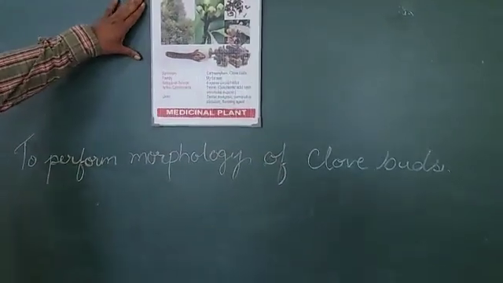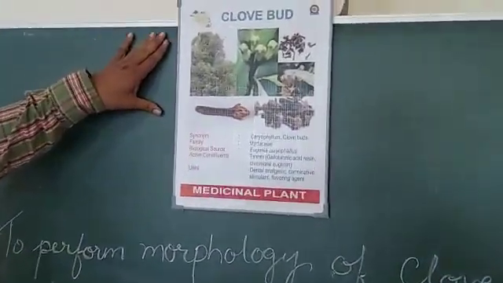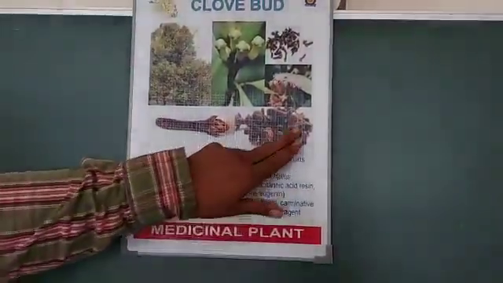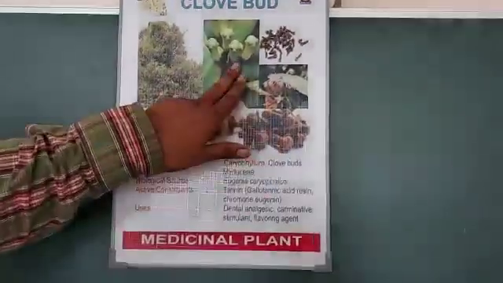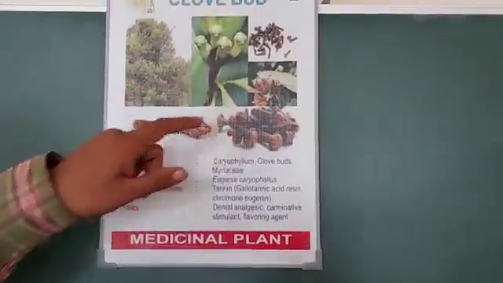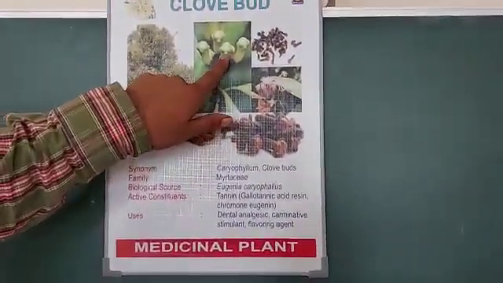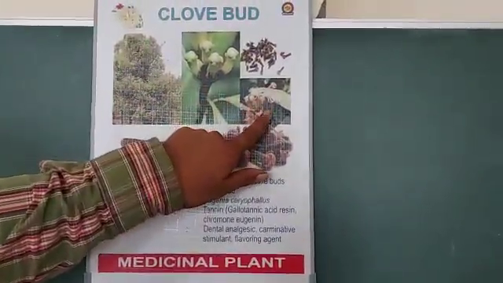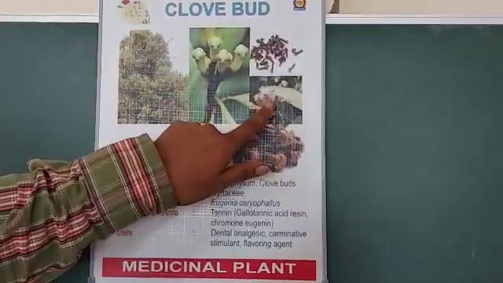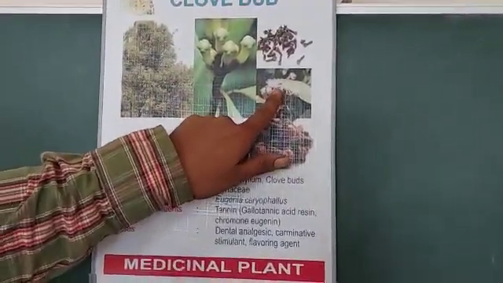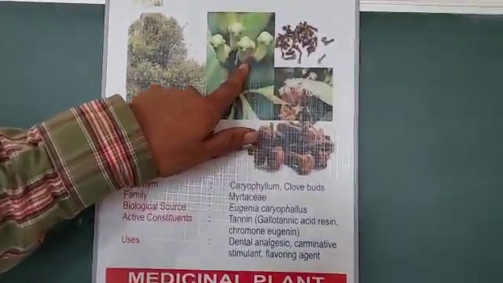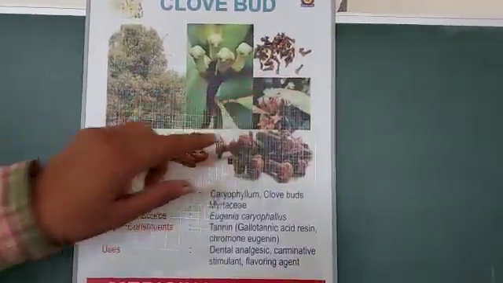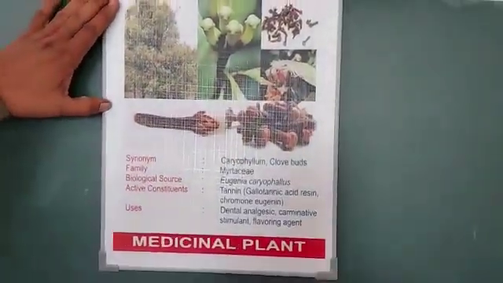So here you can see these are real photographs of clove buds. This is actually the clove bud, and here is a group of clove buds. Here it is in the starting stage. Actually it is the bud. See how these are coming out, and after being a bud it is going to flower and blossom. But we don't wait for it to become the flower. We collect it at this time only. So these are the cloves which we use for our medicinal purpose, and this is the whole tree of clove.